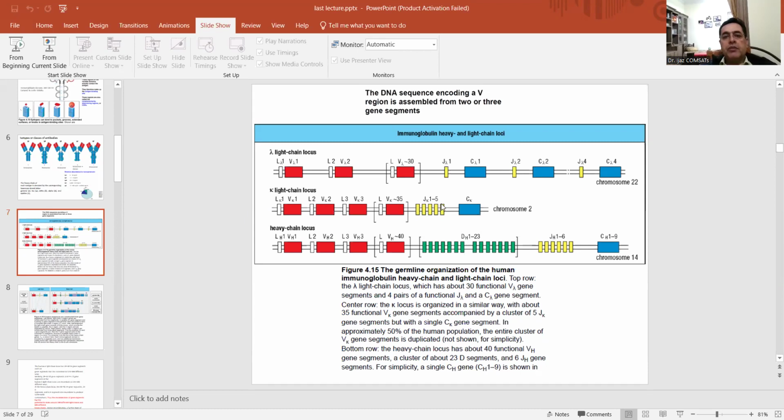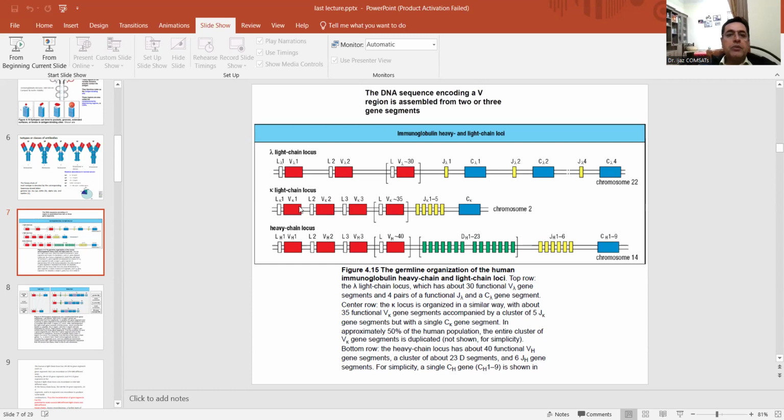So 1, 2, 3, 4, 5 joining sequences, and 35 variable kappa sequences have to be combined with each other along with the constant region sequences